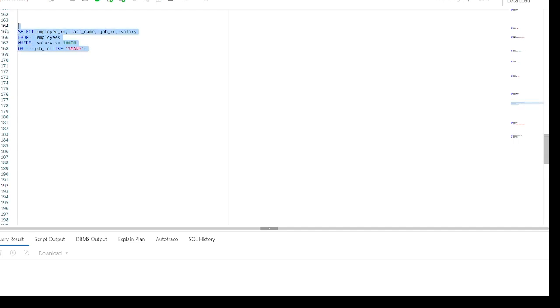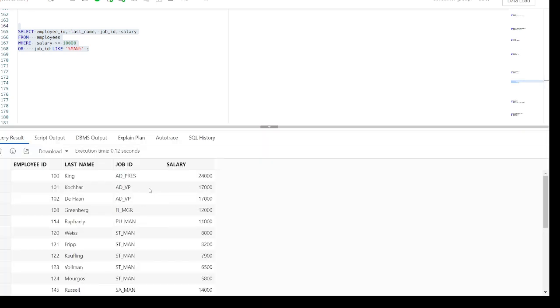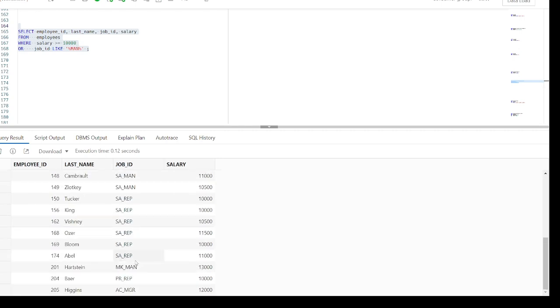So when we execute this query, we'll see that we have the result set with all the salaries of 10,000 or the job profile MAN, as well as the results where both conditions are satisfied. Okay, so this is how the OR operator is used.